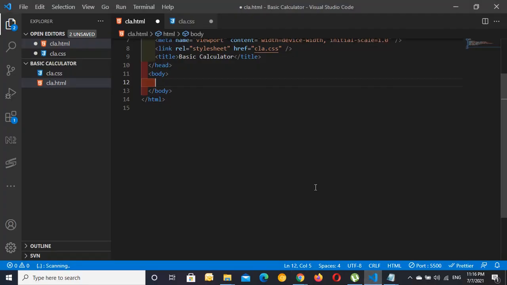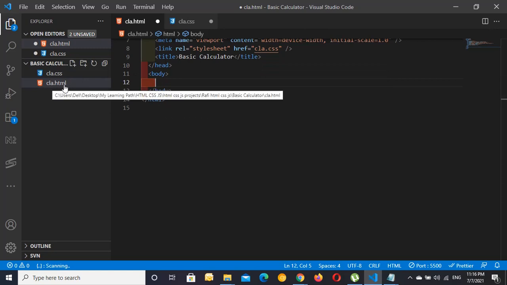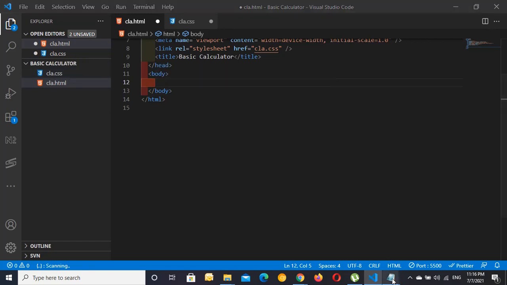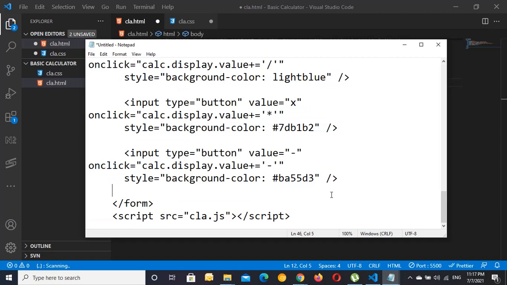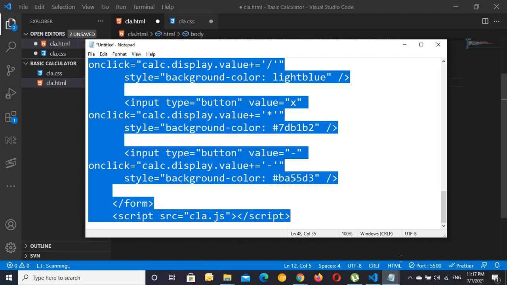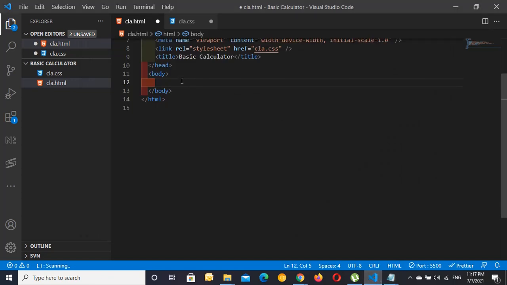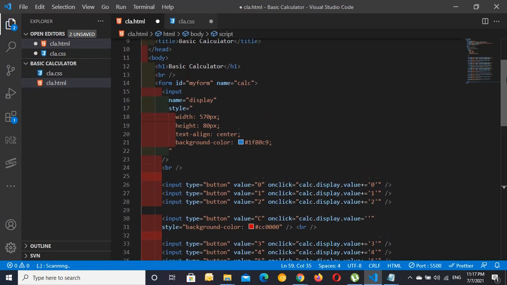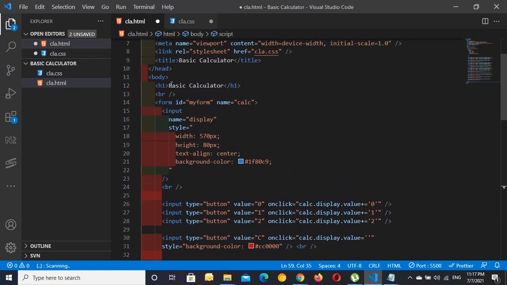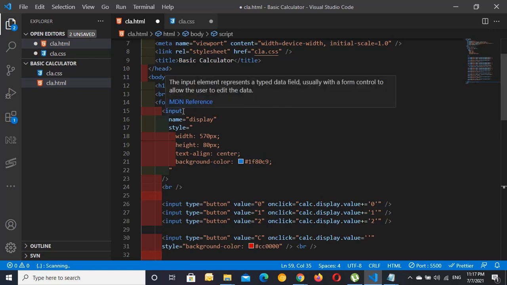Okay, I'm just explaining the coding part. I already opened VS Code and made the file name .html and file name .css. I'm just doing drag and drop and explaining everything. And the body, Control V. So here is the H1 heading 1, basic calculator, and the form ID, my form name calc, input display,